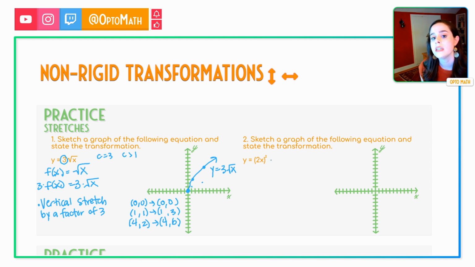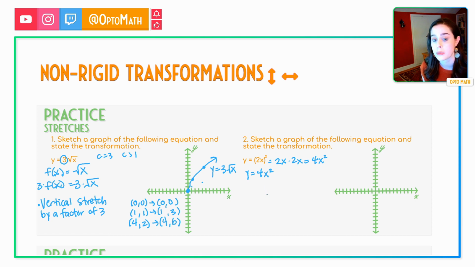But you really need to make this equation be in simplest form. Notice that we can simplify this more by squaring 2x. So 2x squared is the same thing as 2x times 2x, which will be 4x squared. So now our equation is y equals 4x squared. We want to make sure it's as simple as it can get before we